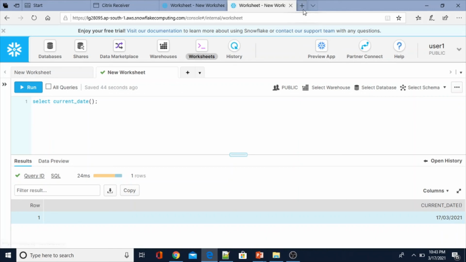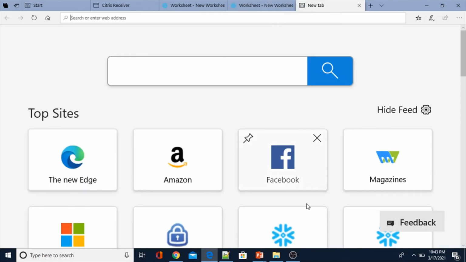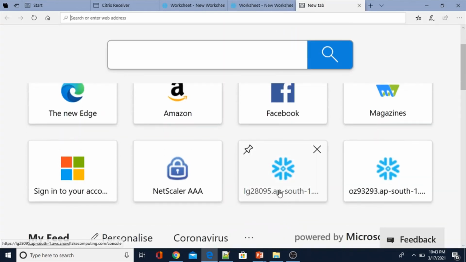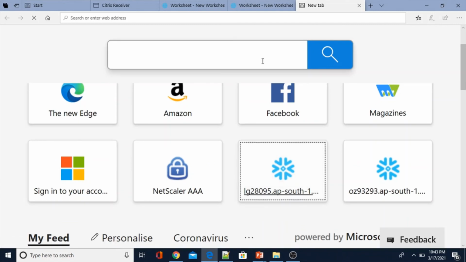Now I think user 1 is working, and user 2 should also work. So let me log into user 2, because we didn't change the date output parameter at the user level for user 2.